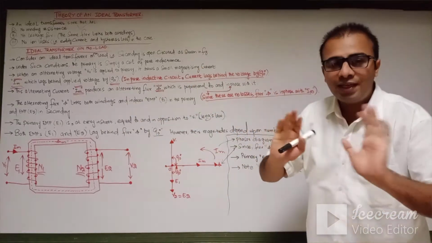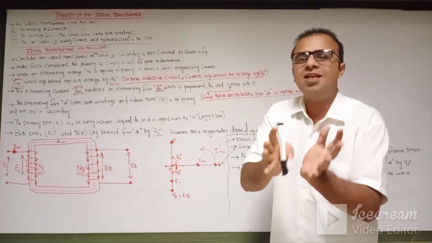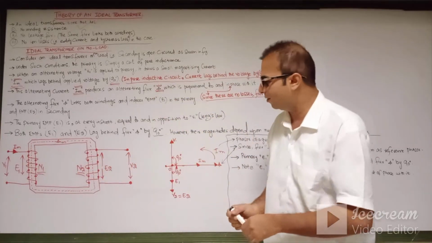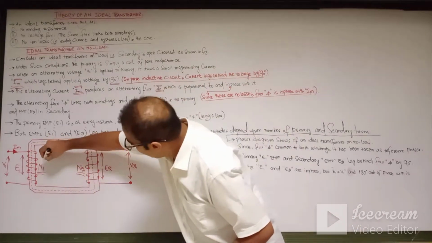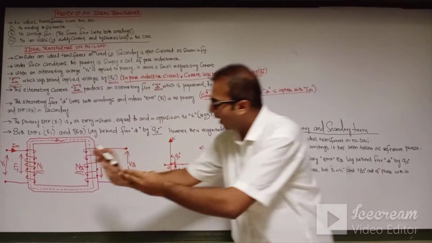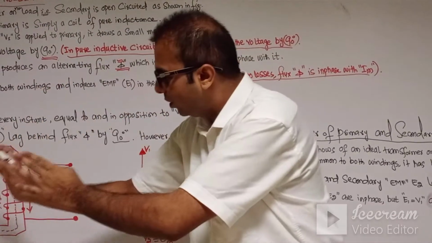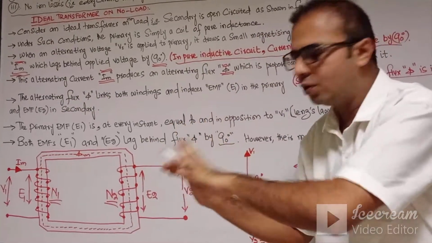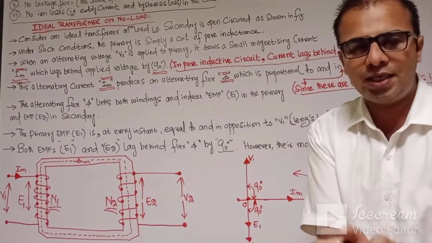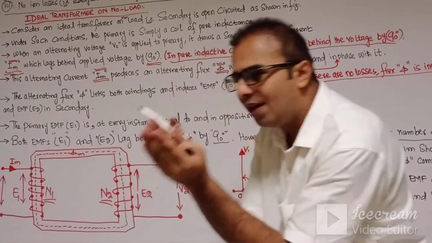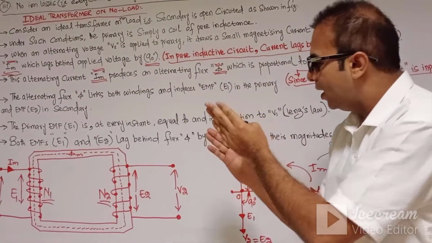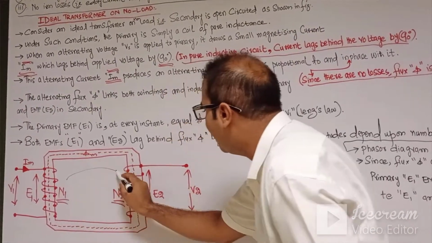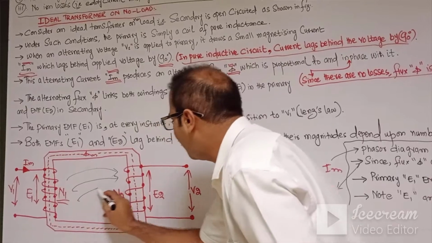No leakage flux means there will be a complete magnetic linkage from the primary flux to the secondary. If you look at the diagram, when we apply the primary voltage to the primary winding of the transformer, EMF E1 is induced. According to the mutual induction process, the primary flux links the secondary, so an EMF will be induced on the secondary side. It will be like 100% linkage.